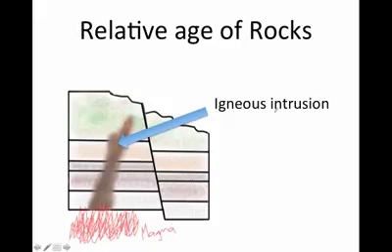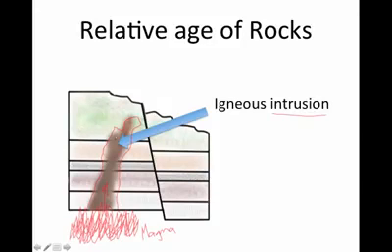So this igneous intrusion moved up this way, it intruded into the existing rock. So because it basically formed this space in this rock here, it has to be relatively younger than the other